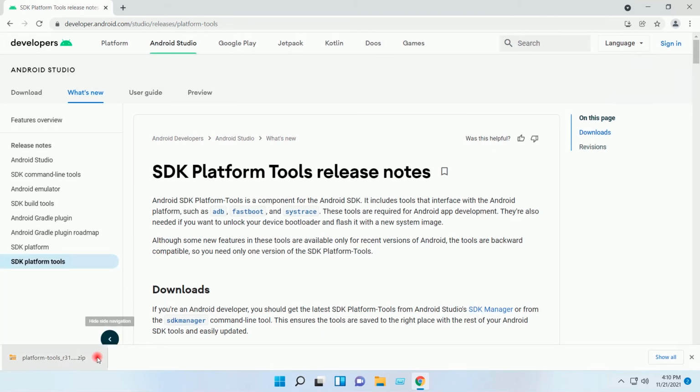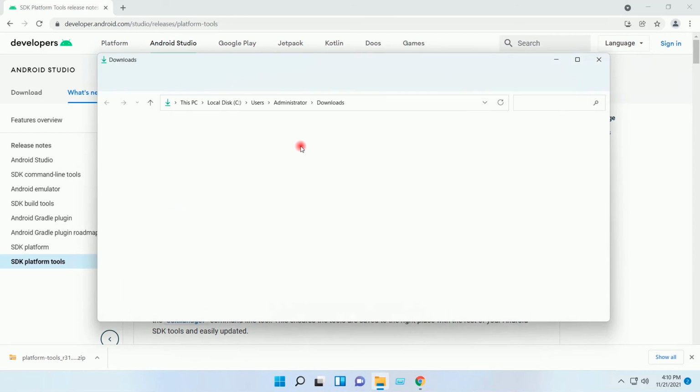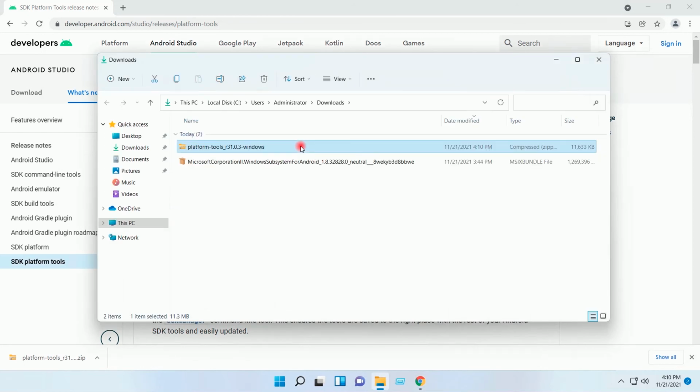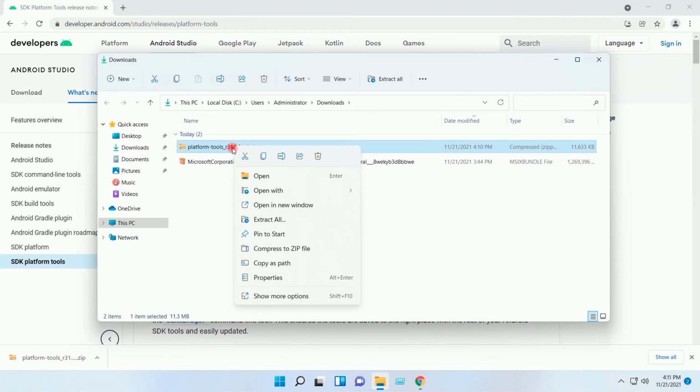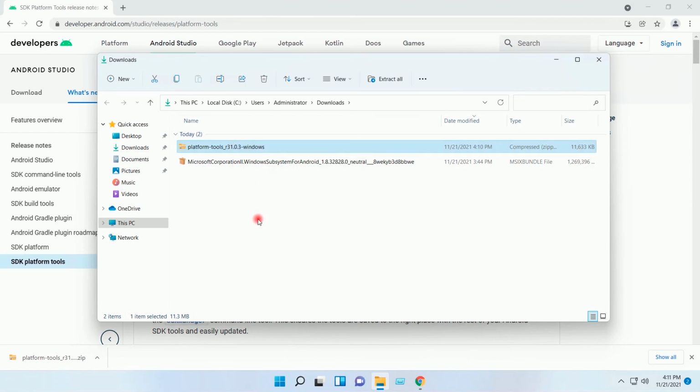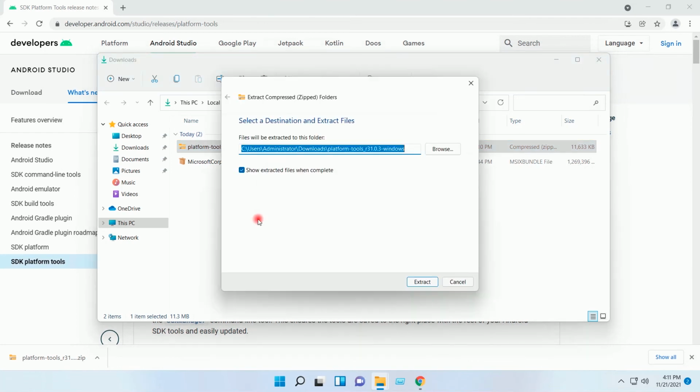File has been downloaded. I will go to the download folder. This is the zip file which has been downloaded. I will right click on the zip file, extract all, extract.